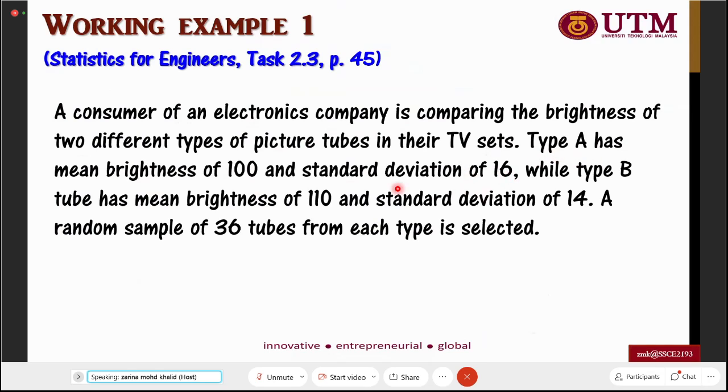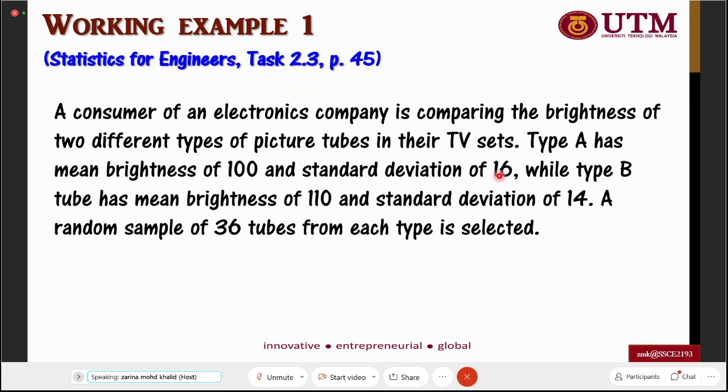And of course, the information you have here must be population information. When it is population information, then you should have Greek letters to represent this information. Why do I say population information? Simply because the information does not refer to any particular sample. You need to be very clear on this. You only say type A has mean brightness of 100 and standard deviation of 16 without referring to any particular